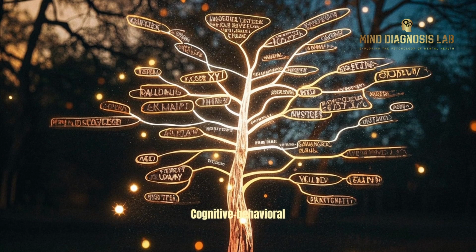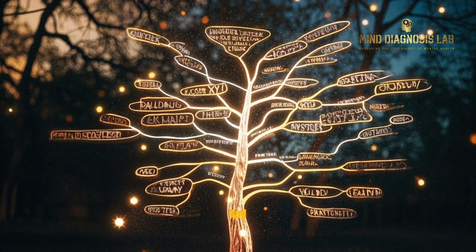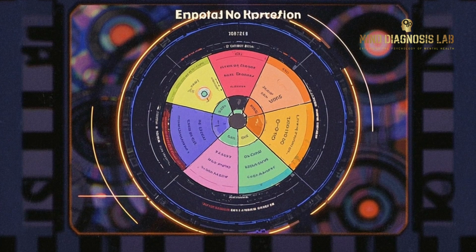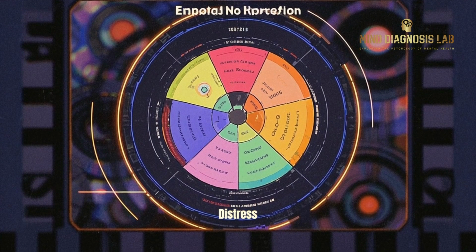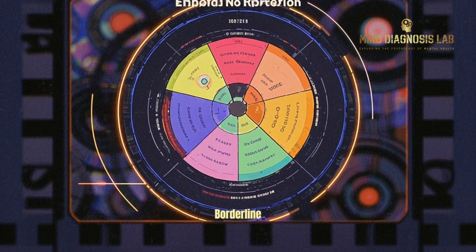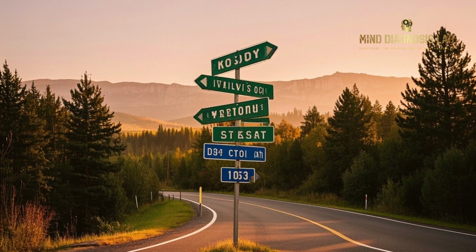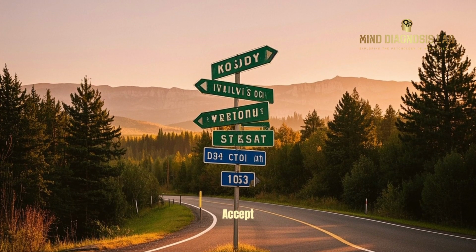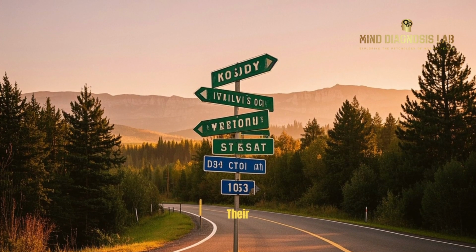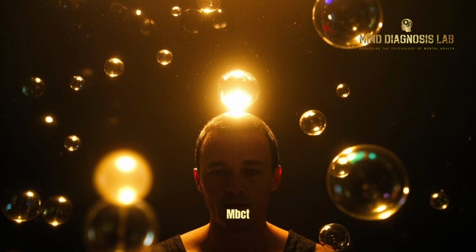Newer third-wave cognitive behavioral therapies add dimensions like mindfulness, acceptance, and values work. Dialectical behavior therapy, DBT, emphasizes emotional regulation, distress tolerance, and interpersonal effectiveness, often used for borderline personality disorder. Acceptance and commitment therapy, ACT, teaches clients to accept painful emotions rather than avoid them, and commit to actions aligned with their core values. Mindfulness-based cognitive therapy, MBCT,